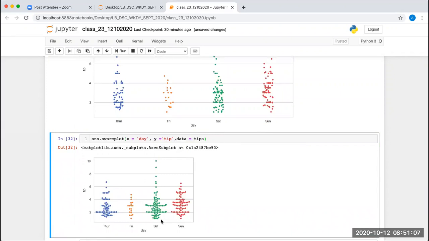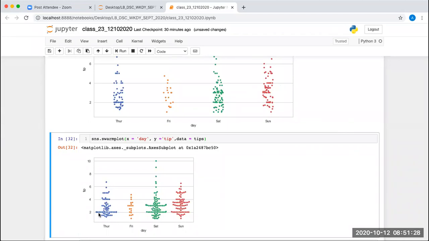And now you can observe one thing from here. Earlier it was also visible that most of the people are giving a tip of 2 rupees or $2 on Thursday, and on Saturday it is around 2 and 3. On Sunday it is a mix of 2, 3, 3.5 and 4. Correct? Why? Because most of the data points are overlapping.